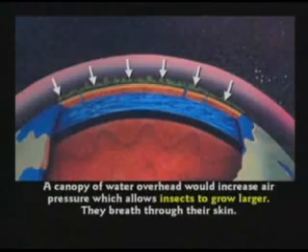Pre-flood, things were different. I think there was a canopy of water that increased air pressure, which would make animals grow much larger. The Bible says the water above the atmosphere, it's mentioned several times in the Bible. Now, if the Bible is right, and the earth had a canopy of water overhead, like the Bible I think clearly teaches in 2 Peter 3 and in Genesis 1, 6, and 7, this canopy of water would filter out quite a bit of radiation,